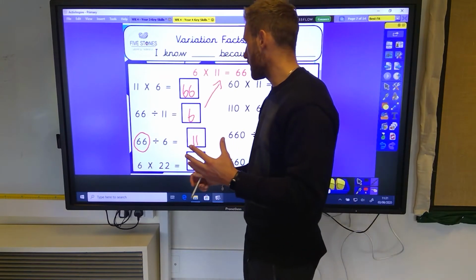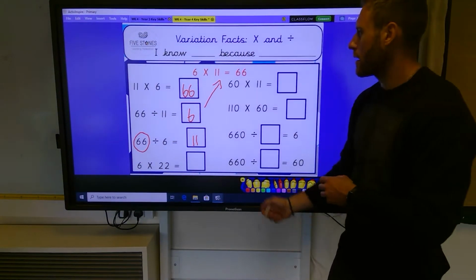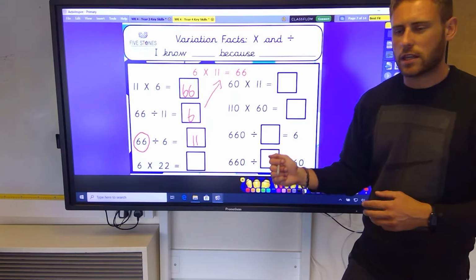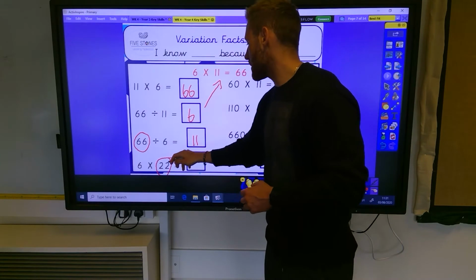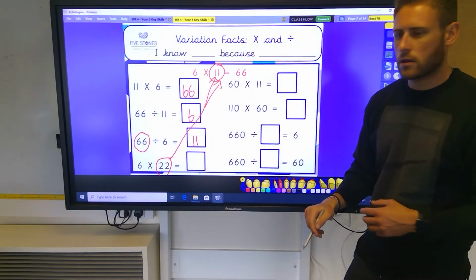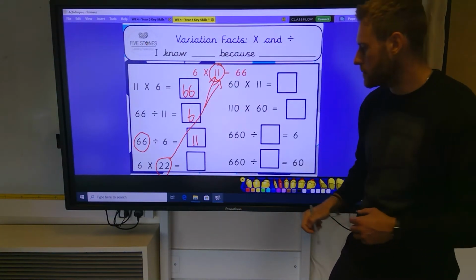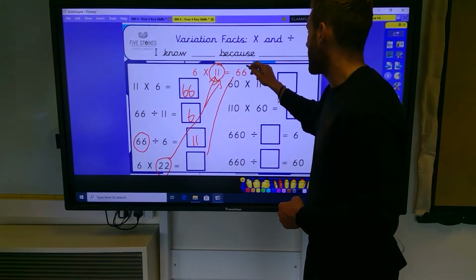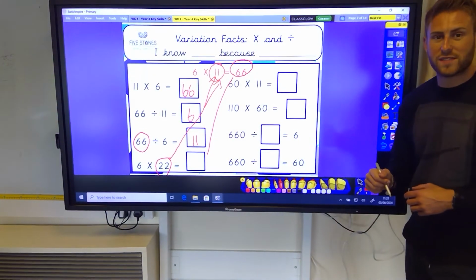Finally, from this column, we've got 6 times 22. You can see there's been a change in the relationship. 6 is the same, however, 22 is a double fact of 11. So meaning, if that's been increased by 2 times, our answer must increase by 2 times. So 2 lots of 66,